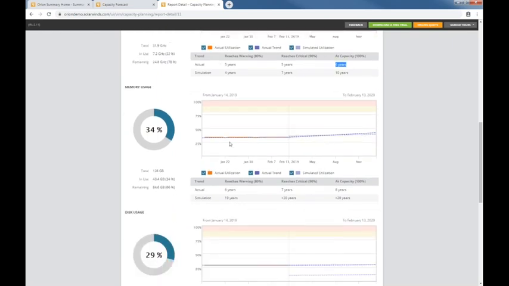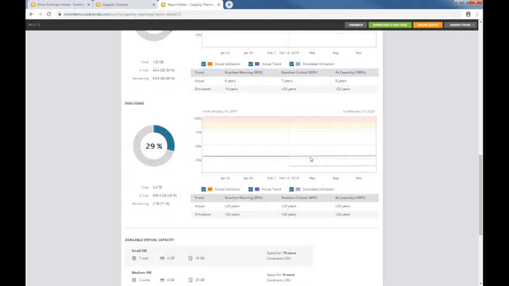Similar for memory. At this point, this will be the normal trend, and if we add all these extra hosts and extra VMs, you can see the growth rate. And a similar thing for disk. Again, these are the built-in resources that you can use if you have vMan. And something similar we have for SRM,